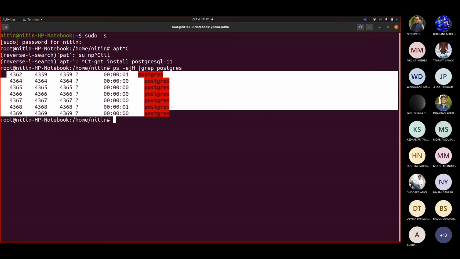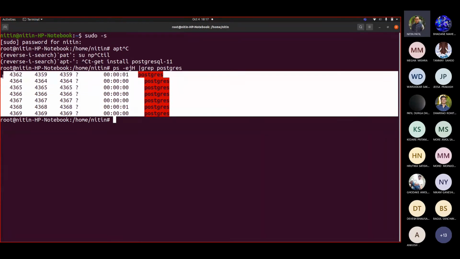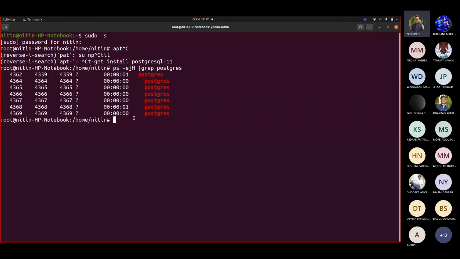Okay, so the importance of each of them will be taught to you in this semester. Why so many processes are created, why so many children are created for your Postgres. Okay, now when you are done with this, the next thing that you are going to try is this passwd. You write postgres.